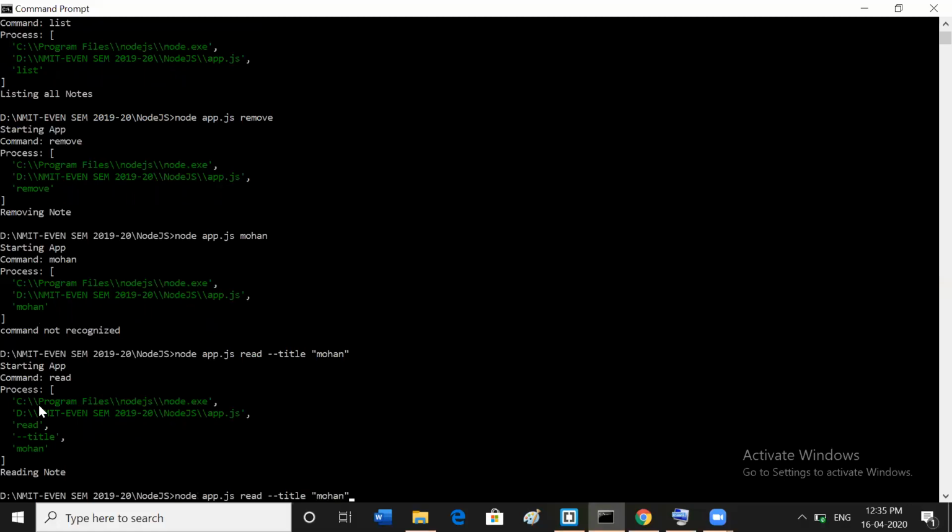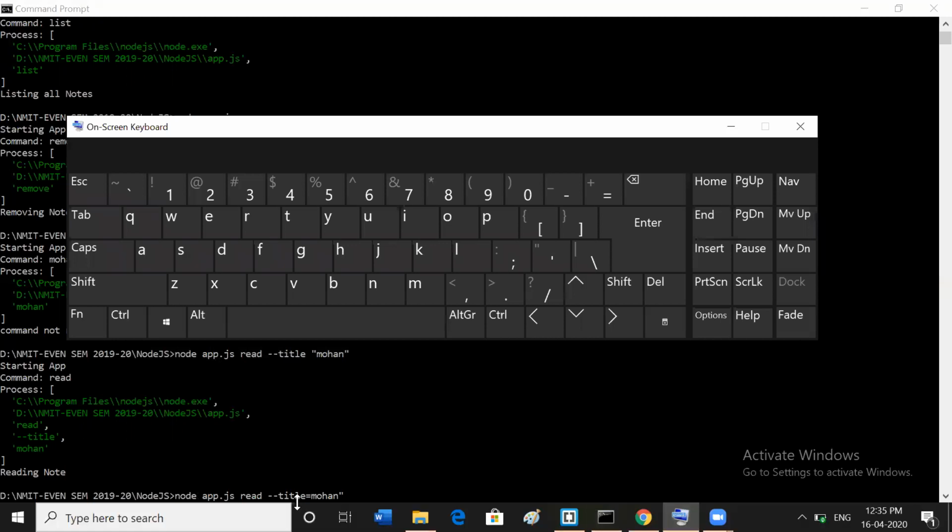It will only take it if you give it like this, that too with single quote, not double quote. Only with single quote it is taking input here and giving output here. Now go to this one.